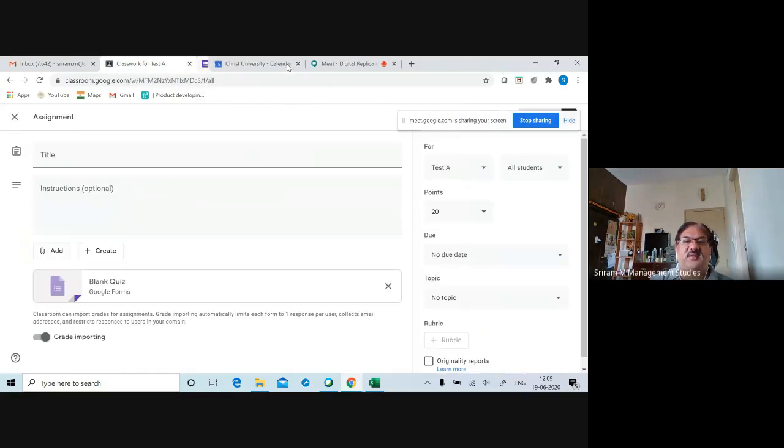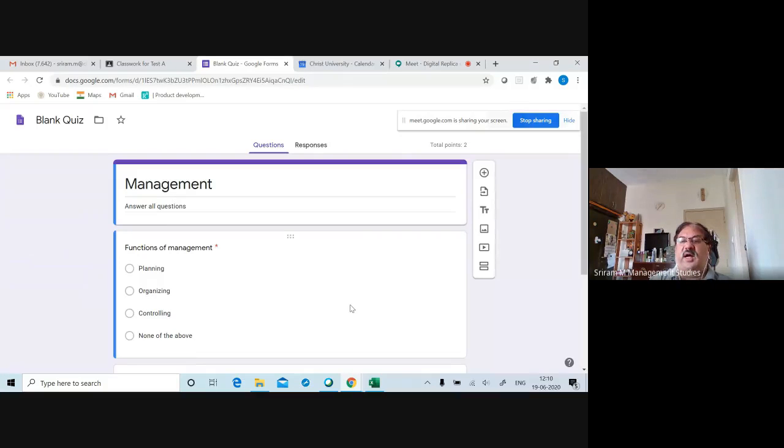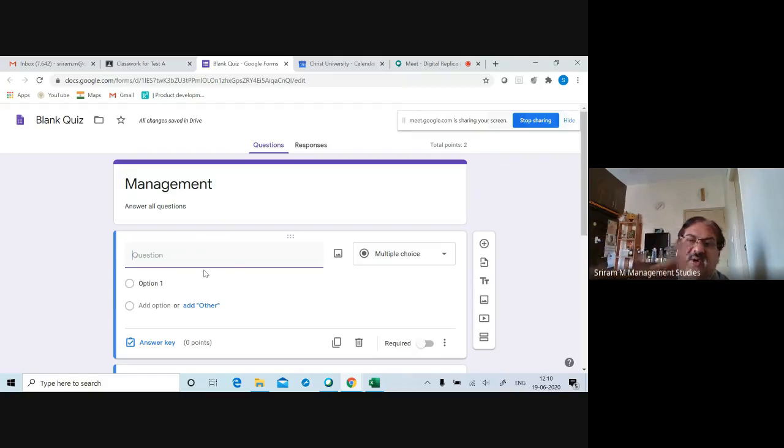Just close it. Because the advantage here is, whatever you type, it will automatically go to the Google Drive. It is saved in the cloud, so there will be no effect. Now, if I want to open it, I can still open it. It will be there. I can actually see the quiz, whichever I've typed, it will not go, it will still be there. So if I want to add questions, I can. Because you are the creator, you can add questions and you can continue with it.